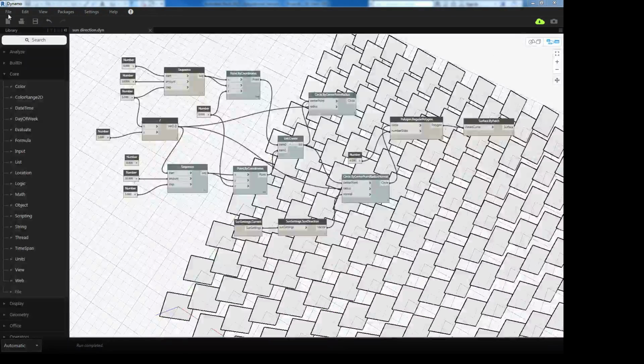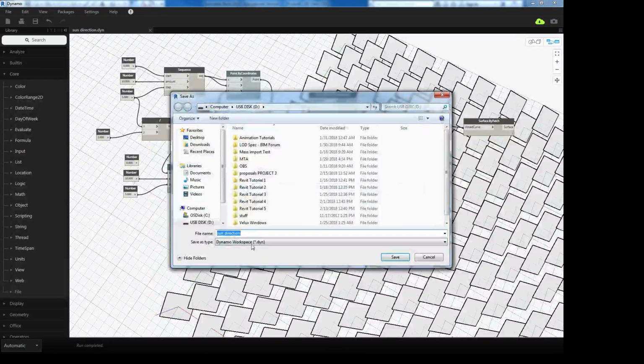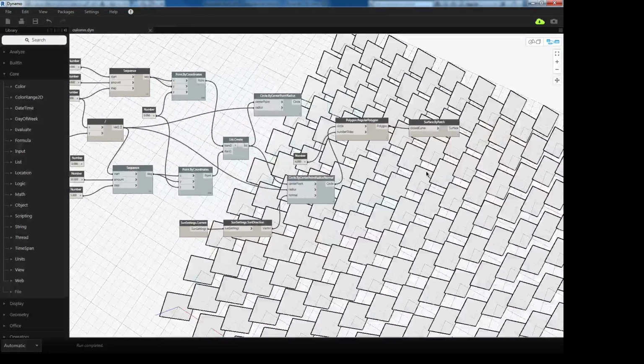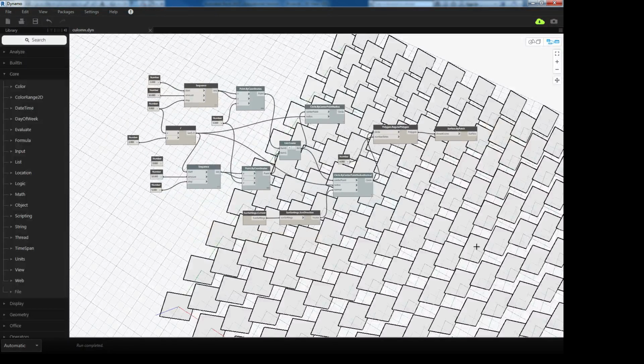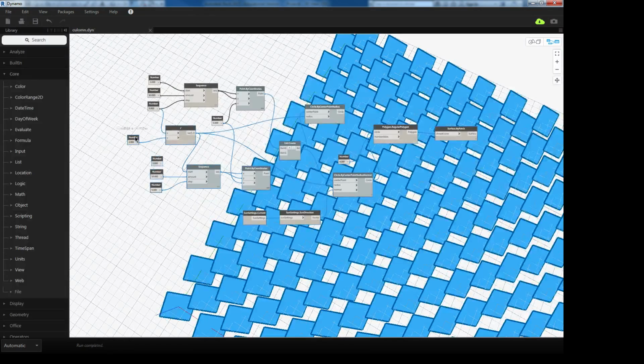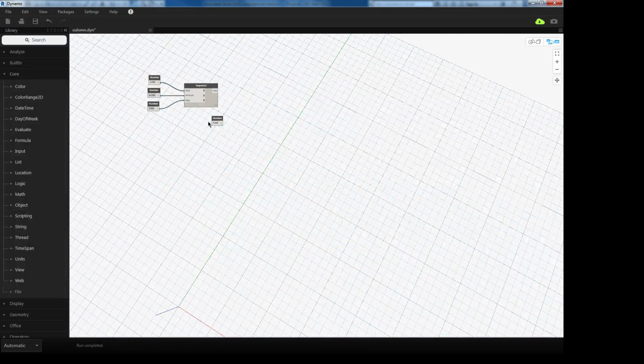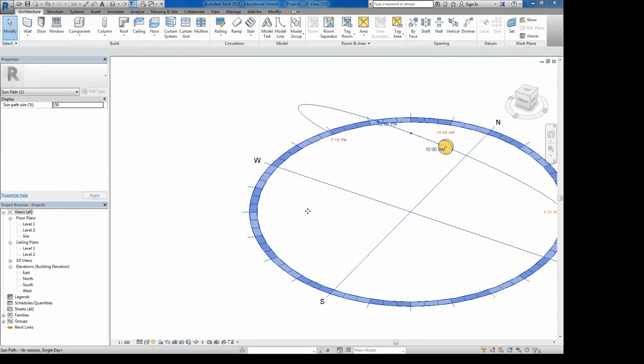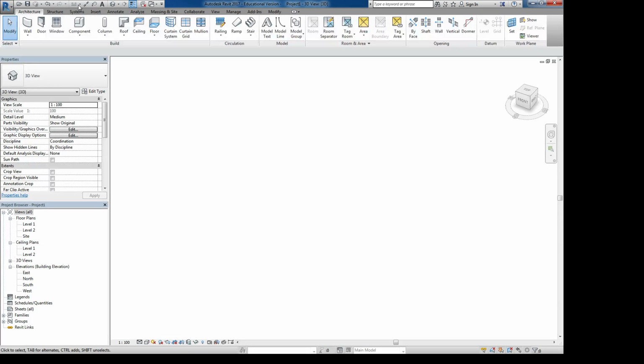I will just do a new save as and call this the columns. I would show you guys a column example, and I would delete everything except my grid. Okay, what I want to do right now, so this is just a grid that I have. I'll go back to my Revit environment. I turn off the sound path, I don't need it anymore. I just want to play with the columns that I have in Revit and see how we can access those